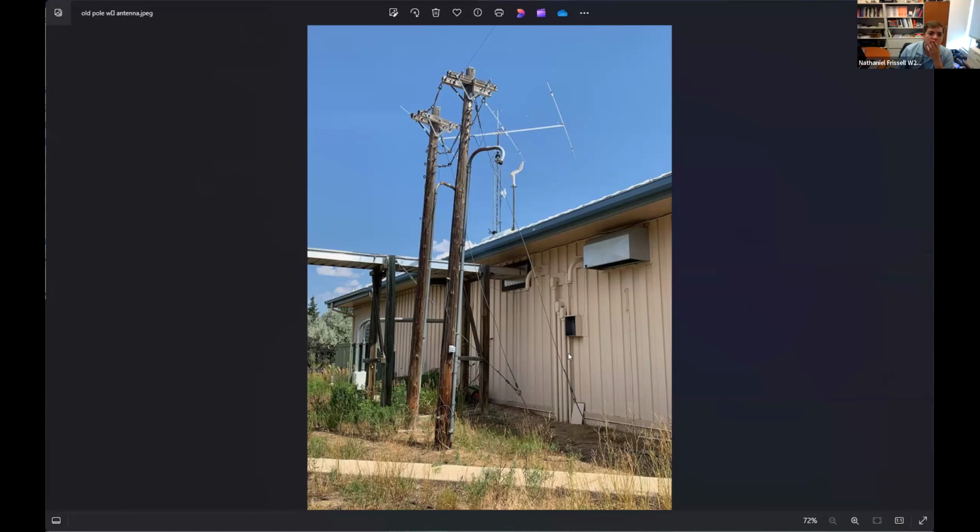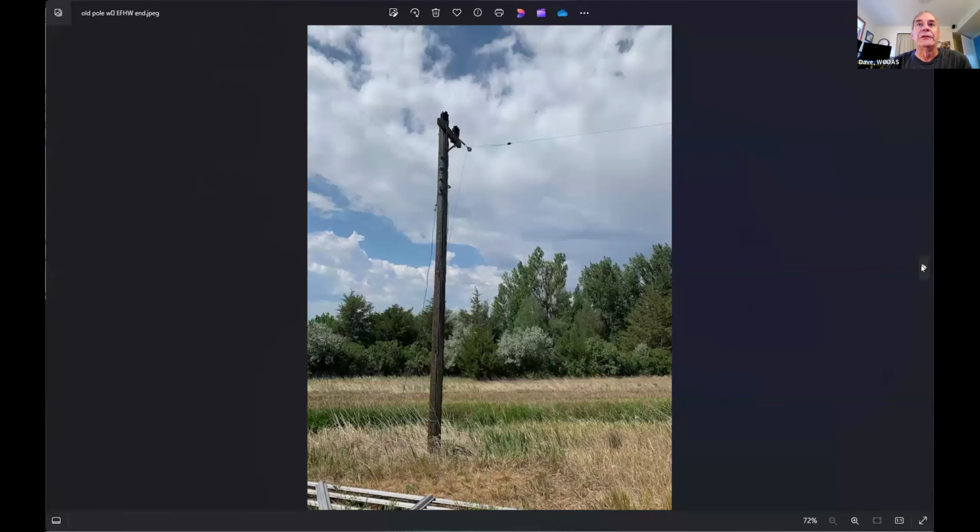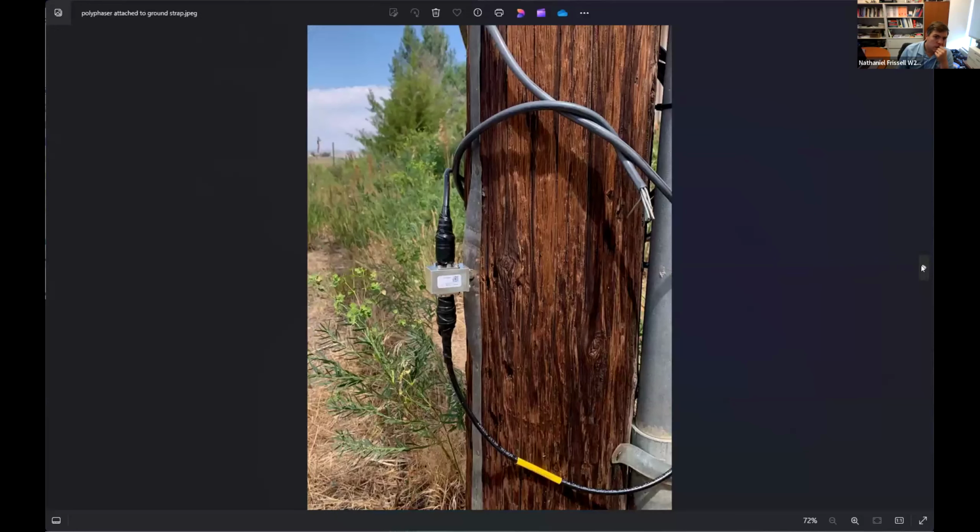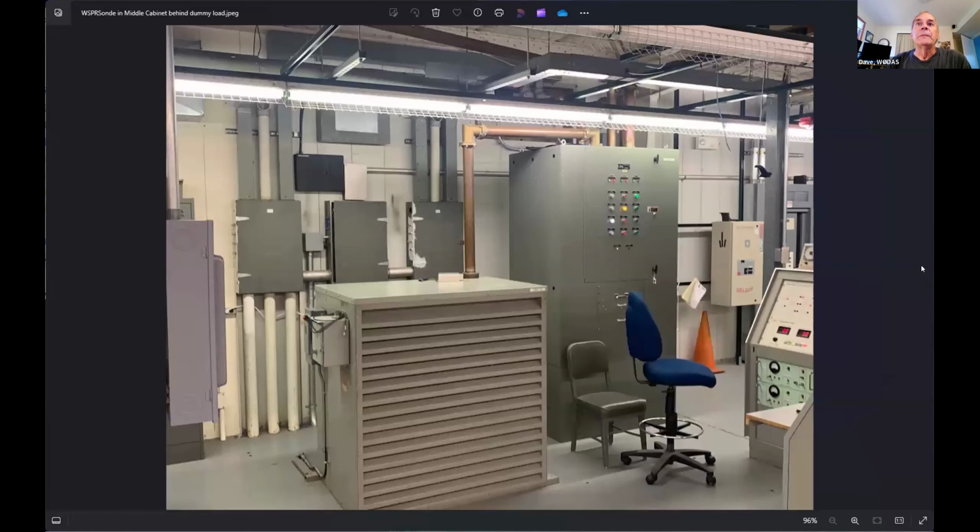And currently, you can see that tray coming out. That's the coax going to the WWVB transmitters. The antenna goes up this pole and runs 130 feet over to this other pole. This was also used to carry the balanced line in the old days. Wow. So it's holding our antenna up. And I put a PolyPhaser in line, so we got a grounding point and also a little protection going into the building just in case.